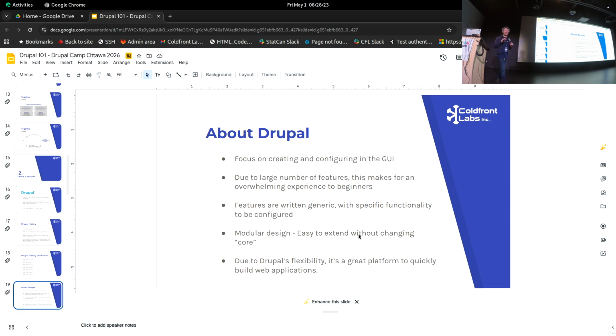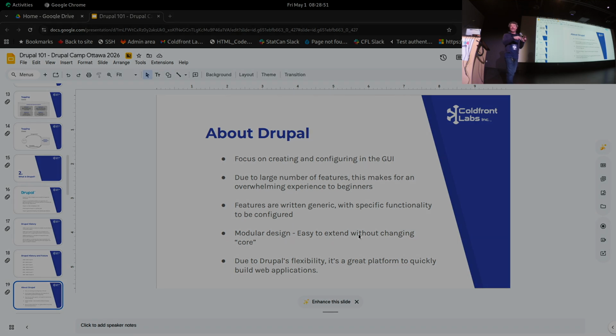Everything in Drupal is written in a very modular way. So all the functionality is written into small components that can be enabled and disabled. And if you need to write your own, you can just write a module and change almost anything about Drupal, almost any of its functionality. So if you have a Drupal application, you don't have to make changes to Drupal itself. You can just write your own module, and then you can avoid breaking your upgrade path by